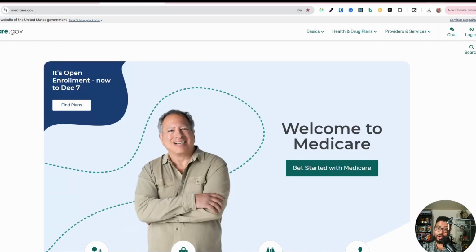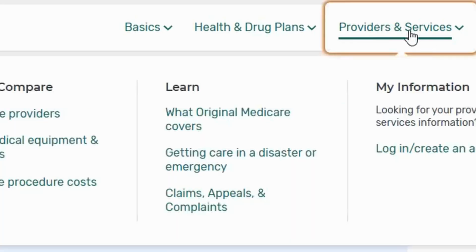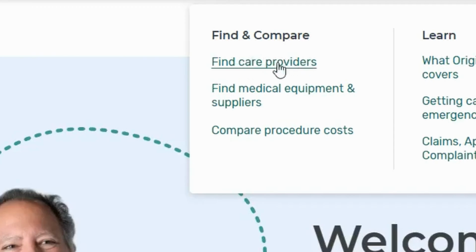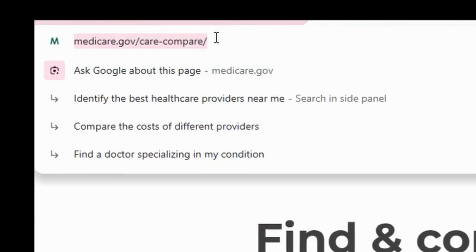But now that we've got all of those disclaimers and things out of the way, I want to direct your attention to the screen behind me. What I have pulled up behind me is medicare.gov. This is where you're going to actually go first, or at least where you should go first, to self-verify that your doctor is inside of the Medicare program. To do that, what you're going to do is go to Providers and Services, and then go to Find Care Providers. If you want a direct link to this, it would be